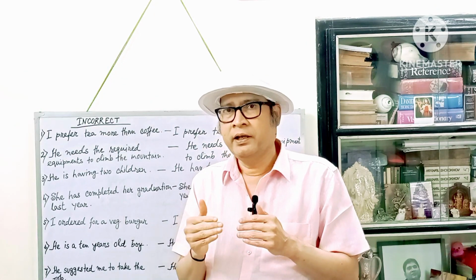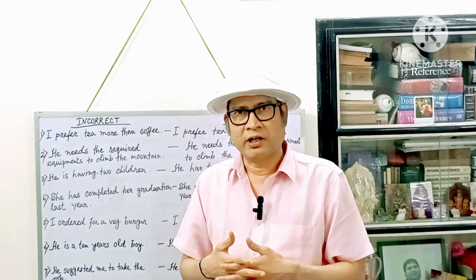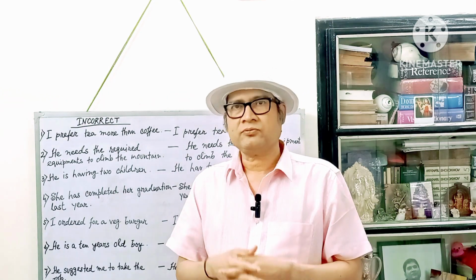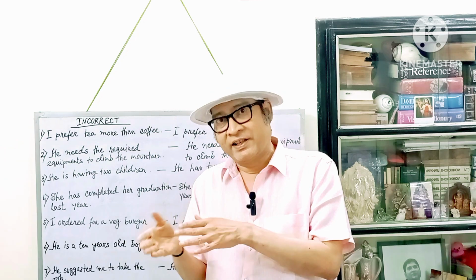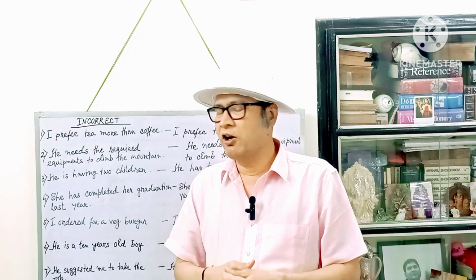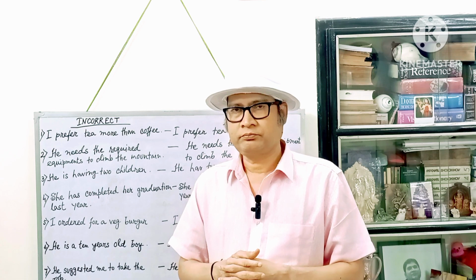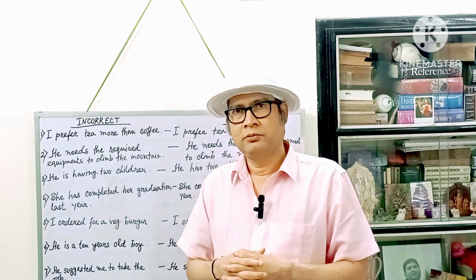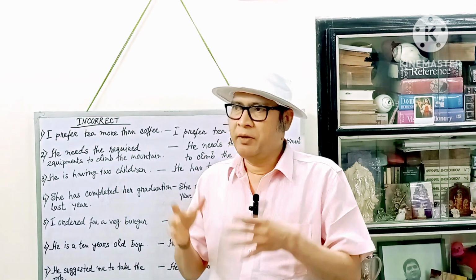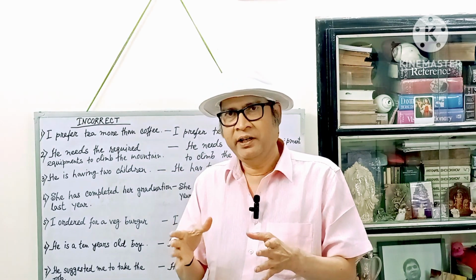information. Do not say, I have an information. It is wrong, because it is an uncountable noun. So it must not be preceded by an, A-N, and must not be followed by s. You cannot say, he has many informations. If you want to quantify information, what will you say? You have to say, I have a piece of information, or I have collected many pieces of information from him, not informations. In the same way, scenery,